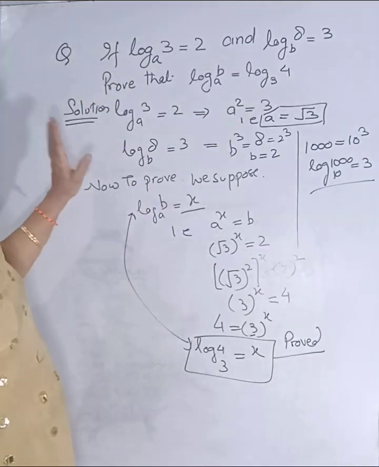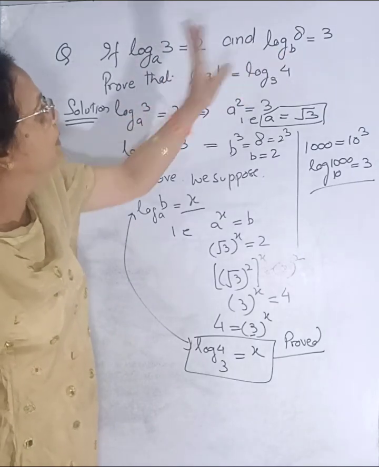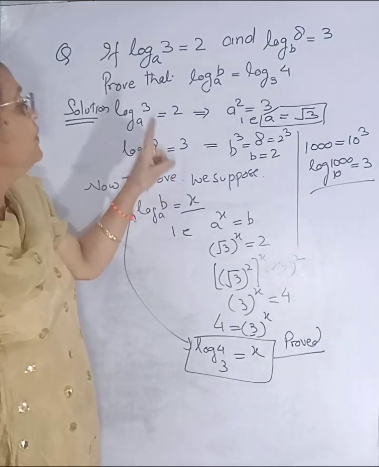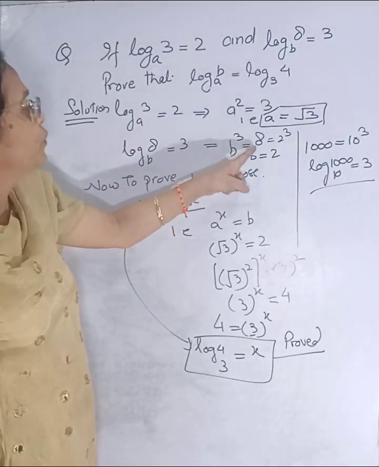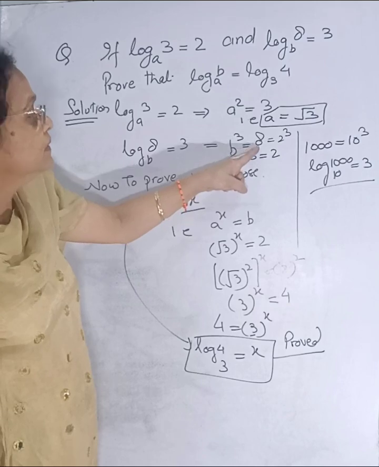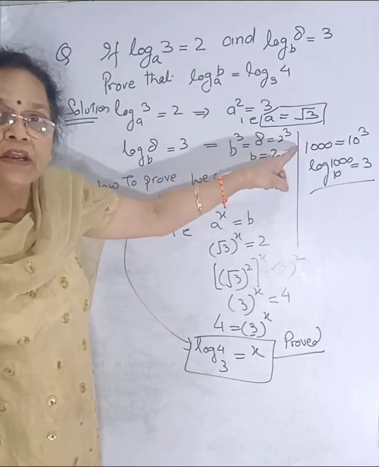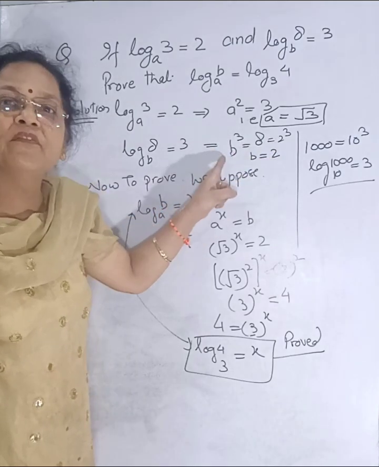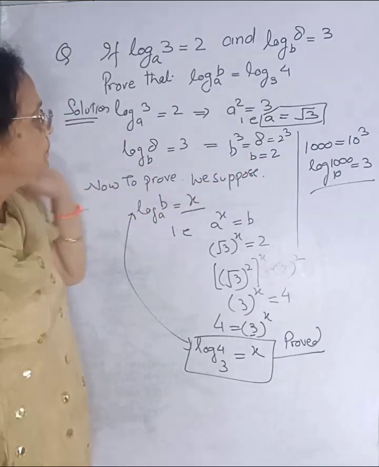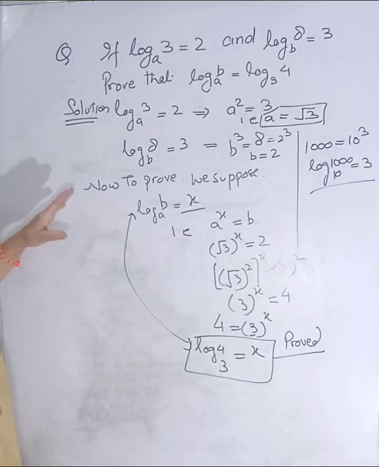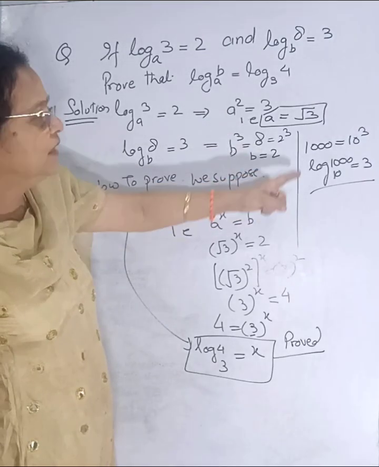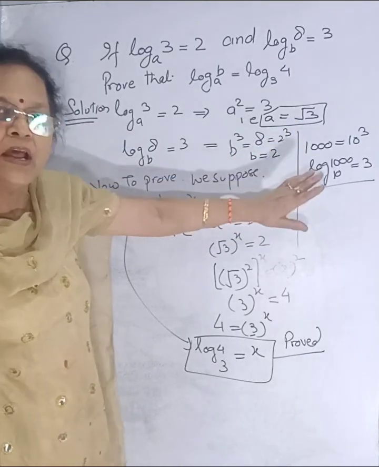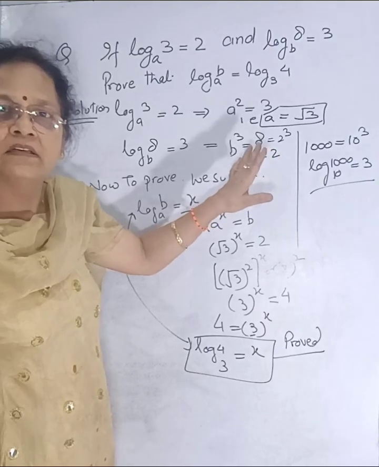फिर से, now log of 8 to the base b is given to us. Log of 8 to the base b is equal to 3. It means b to the power 3 is equal to 8. This 8 can be written as 2 to the power 3. Both the powers are same. It means bases should also be the same. It means the value of b is equal to 2. Clear? If you somehow forget, then you have to always take this example in your memory so that you can compare and put the value in exact perfect manner.